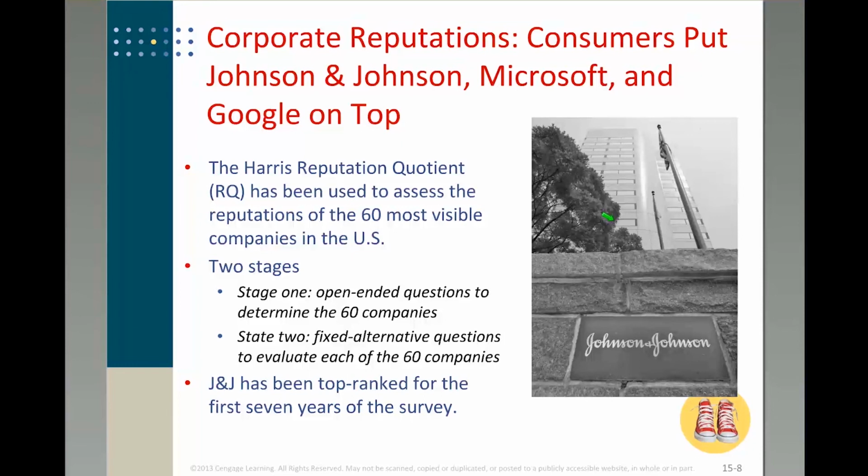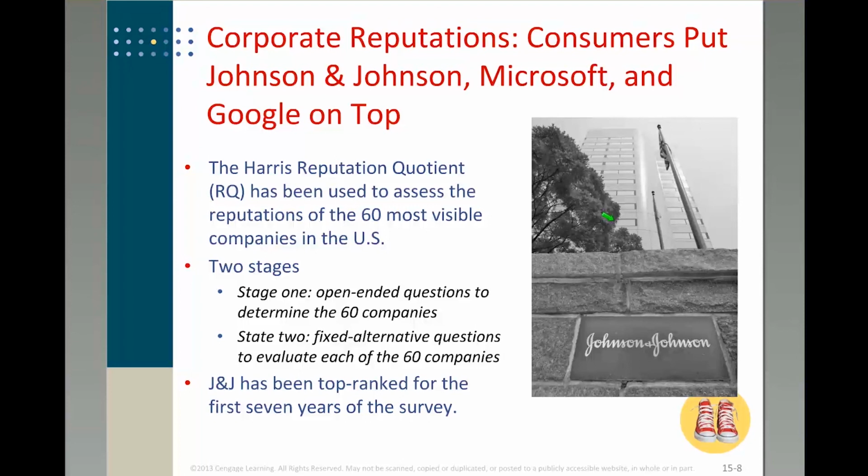Then in the second stage, since they've already determined the 60 companies, they can use fixed alternative questions to evaluate each company, asking consumers to evaluate the company from different perspectives, like product, service, financial performance, workplace environment, etc. So this is a case where both types of questions are used, and both are necessary